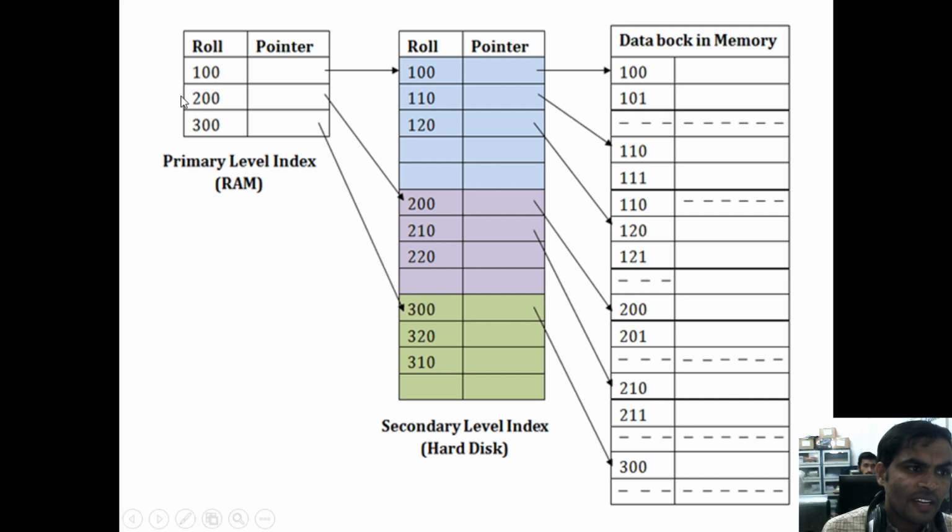Now, suppose you want to find 105. Where is it going? First it goes to the index. Under the index, the first index does not contain it. Under the second index, the range 101 to 200 is there. So first it searches the first index, then it goes to the second index. Under the second index, 101 to 200 is there, and it points to the 200 record.